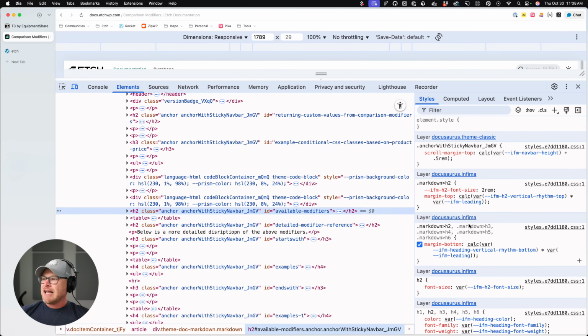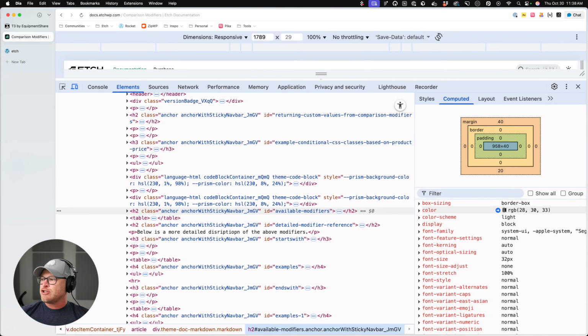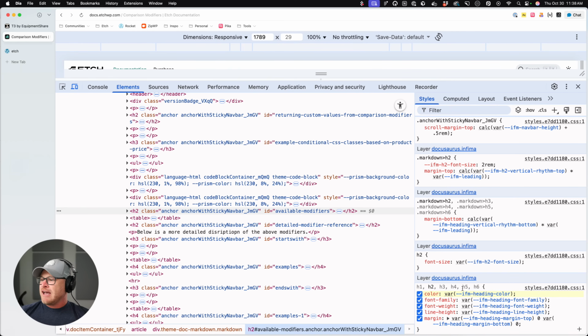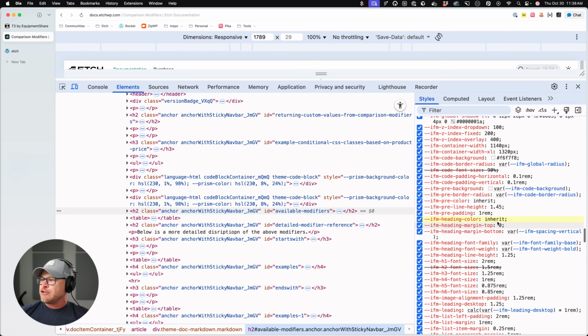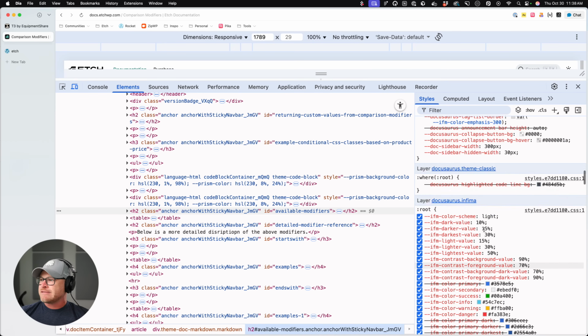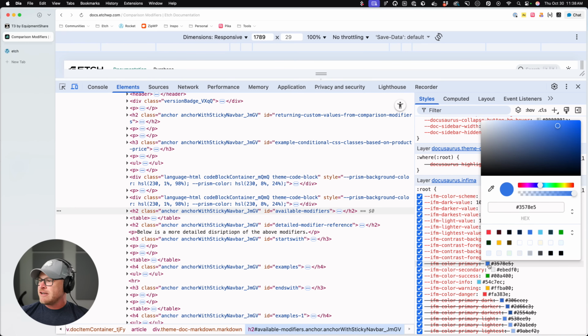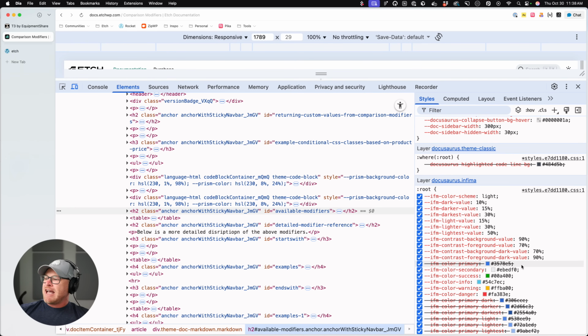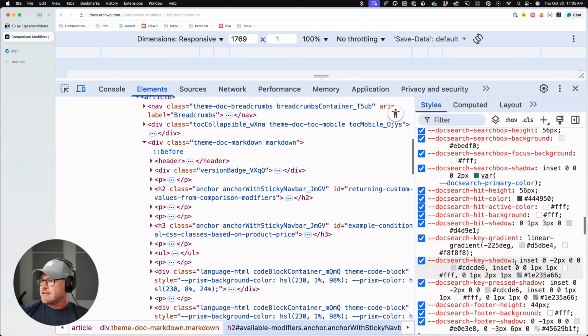Okay, let's say I selected this H2 and I go to the computed style, right? And it's harder to do on swatches. Let's go here. There you go. So see how can I zoom? Why can't I zoom? I hate how, okay, let's just try that. Look right here at this swatch.